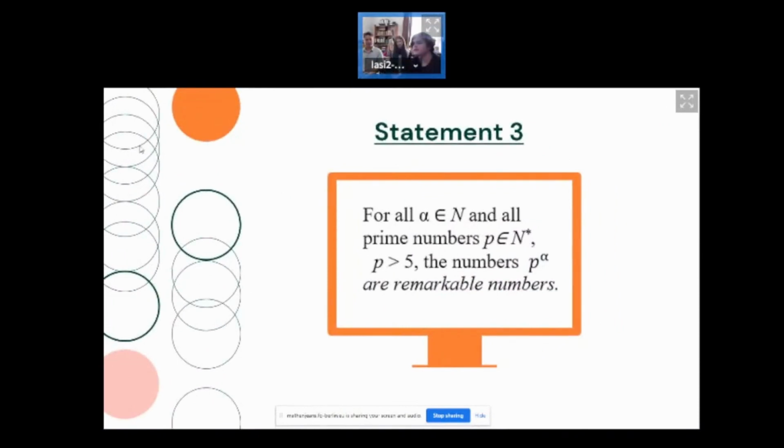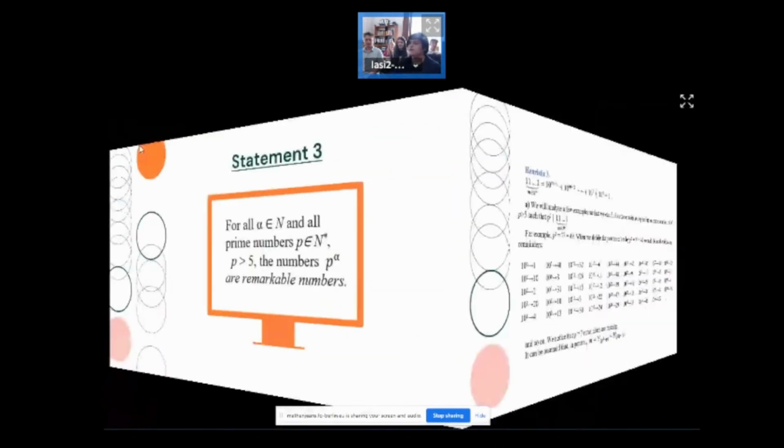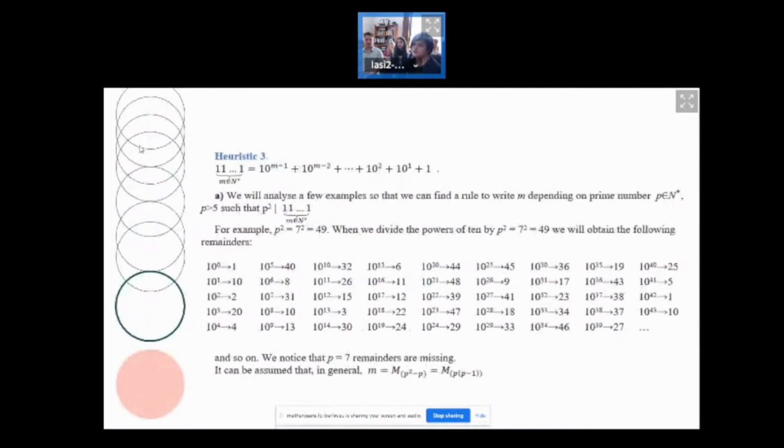Our third statement is that for all positive integers alpha and all prime numbers p, positive integers different from 0 with p greater than 5, the numbers p to the power of alpha are remarkable numbers. As my colleague previously said, we try to decompose 1111 written m times into a sum of the powers of 10. And so we have the sum is 10 to the power of m minus 1 plus 10 to the power of m minus 2 and so on, till we get to 10 to the power of 1 and finally 1. We try to demonstrate that